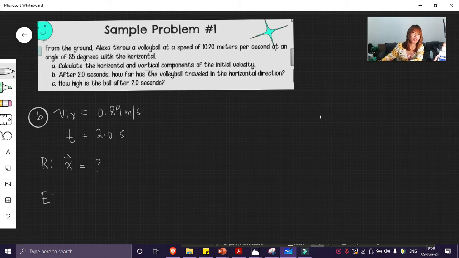For the equation, we will be using the range equals VIX times the time. Then, substitute natin. For the solution, x is equal to VIX, which is 0.89 meters per second, times the time, which is 2.0 seconds. Cancel seconds, we get x is equal to